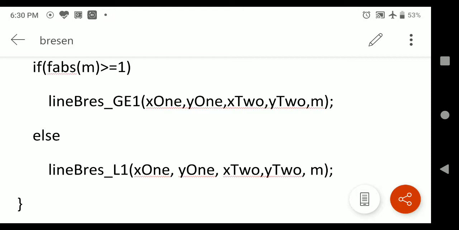And depending upon the slope value, the slope value will be within 1 max value of slope. So in this case, if it is less than 1, we will be checking whether it is negative or positive. Every time we check, even if it is greater than or equal to 1, we are going to check the value of the slope and then decide which is the decision parameter to be taken for the next step. So we define these in the program statements.